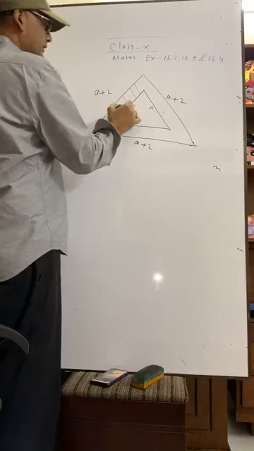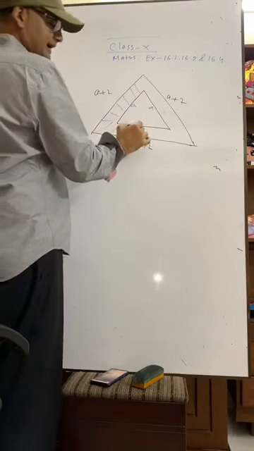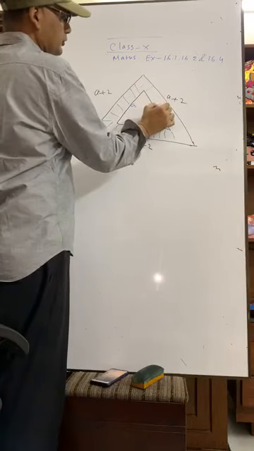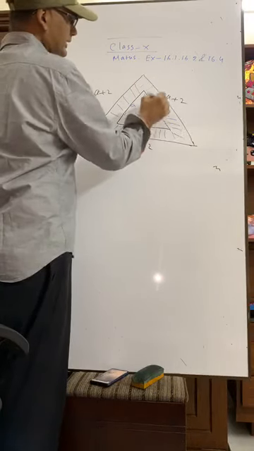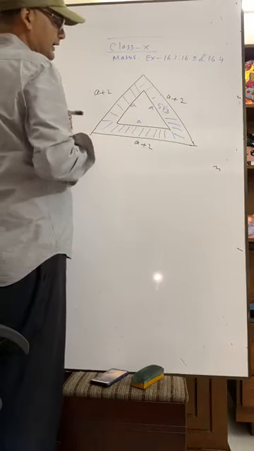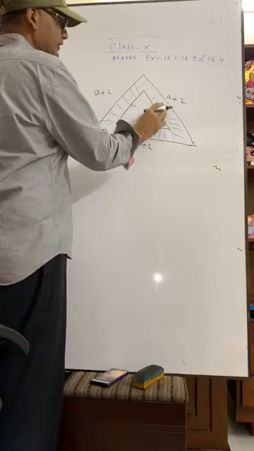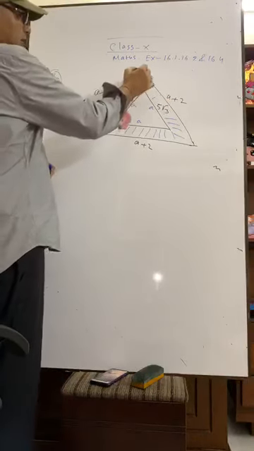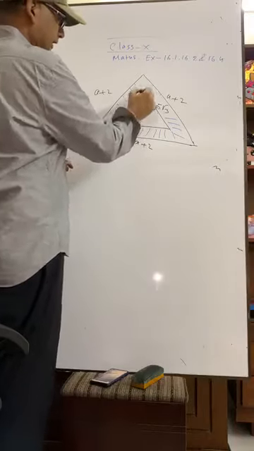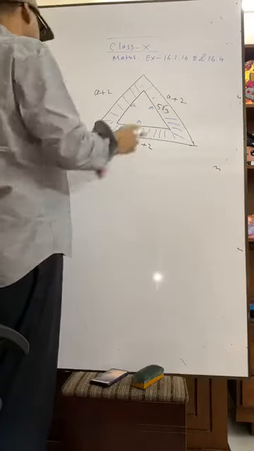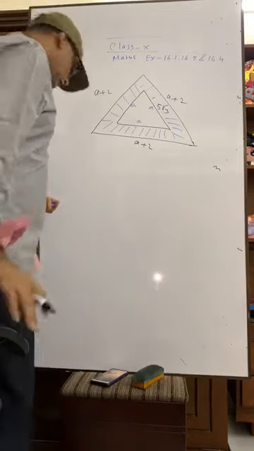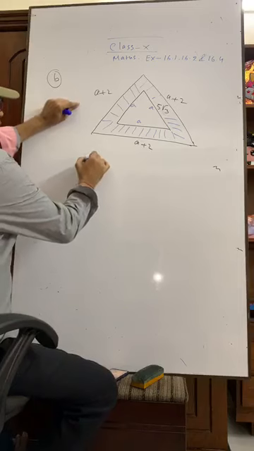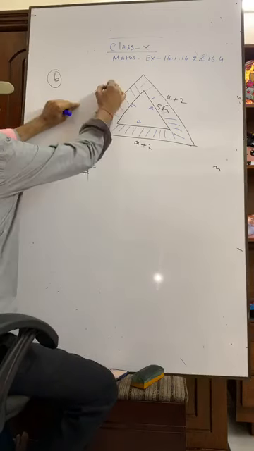Now you see, this is the area, and this is the increased area. It is given in the question that the increased area is 5 root over 3 a square centimeter. That means if we subtract the inner area from the outer area, it will be 5 root 3. So what we are getting is root 3 by 4 A square, where A is A plus 2.